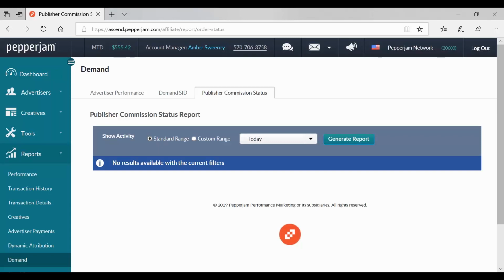This report lists the program ID, program, clicks, real-time demand sale amount, commission real-time demand sale amount, real-time demand count, pending sale amount, locked sale amount, commission sale, locked commission amount, locked count, paid sale amount, paid commission amount, and